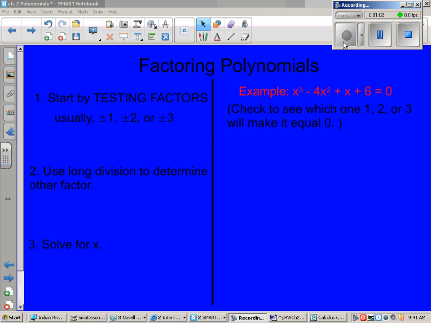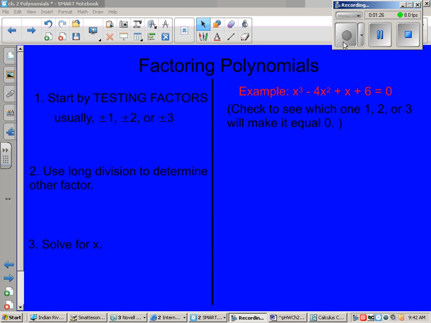Looking at these steps, you can see you're going to be testing factors, then you're going to use long division, and then you're going to solve it. So it does take quite a bit to do this. We're going to look for ways that, once I get it to an x squared equation, I can factor it, so I don't have to keep doing the division. Today we want to make sure that we can factor polynomials by the end of this video